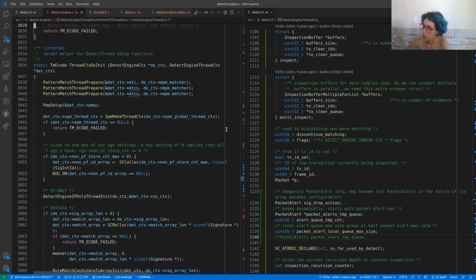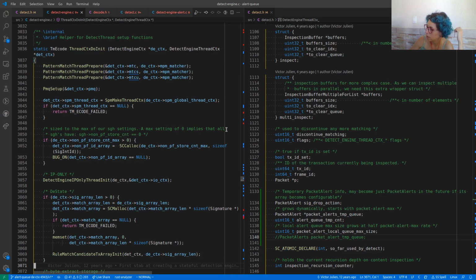It's thread context do init. So it will initialize the context of the thread. Ta-da-da! So this is the right place, right?